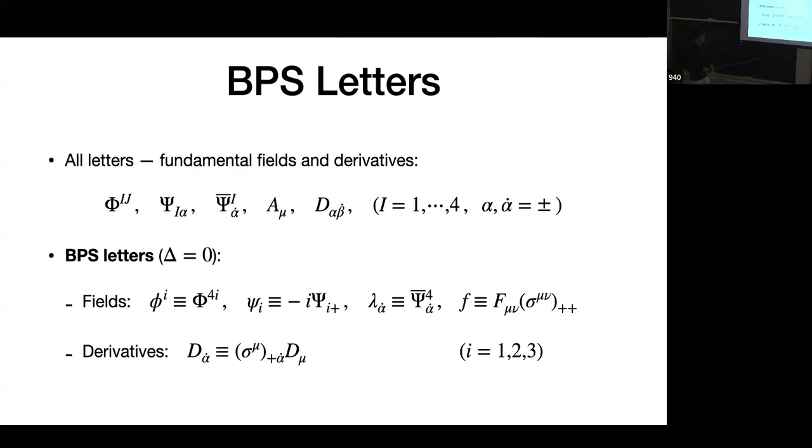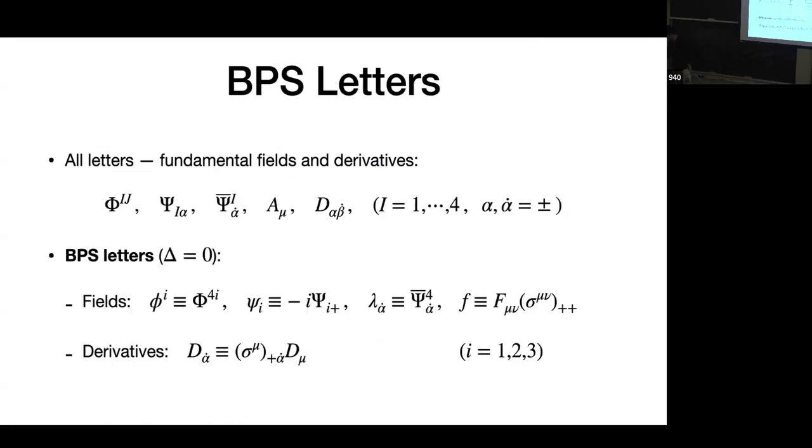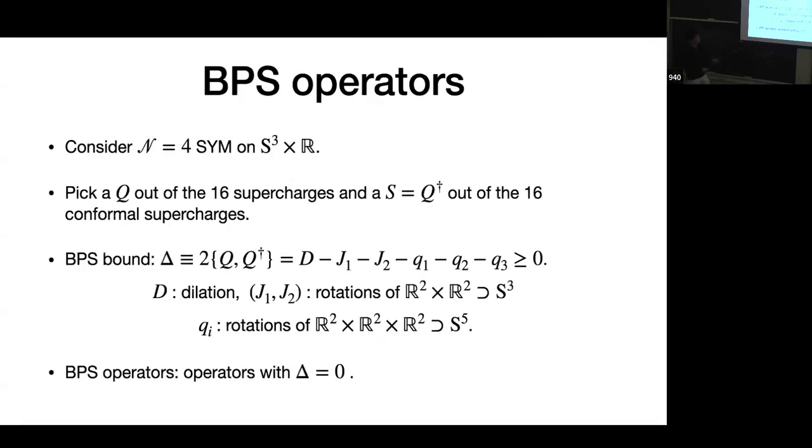Why are these the BPS letters? Why little f and not, for example, sigma mu? Because you can compute their delta, and delta is this linear combination. I see, because of the charge. Yeah, because of the charge. Then the others are anti-BPS? That's right. For example, if you have no R charge, it means the field strength needs to be self-dual. Because you choose delta equal to plus charge instead of minus. Right. So for each letter you can compute their dimension and also J1, J2, and Q1, Q2, Q3, and basically you want this linear combination to equal 0 for that particular letter.